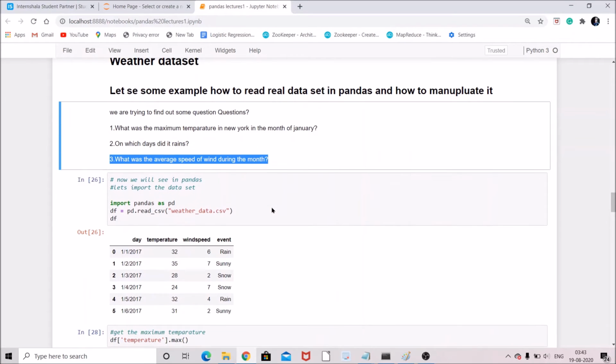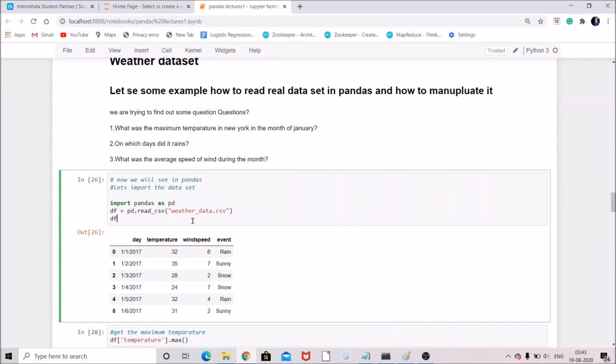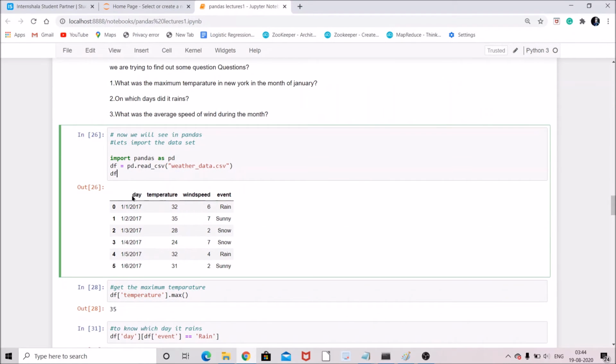So first, to read the CSV file, you can read it in pandas using pd.read_csv. The file which is present in the directory is weather data CSV. When you read this file, we will get this. The file contains four columns: day, temperature, wind speed, and event.